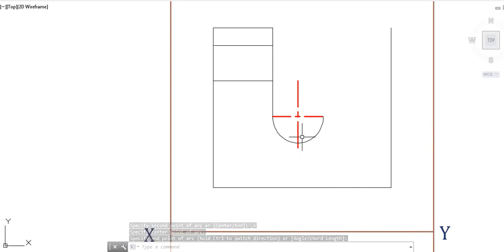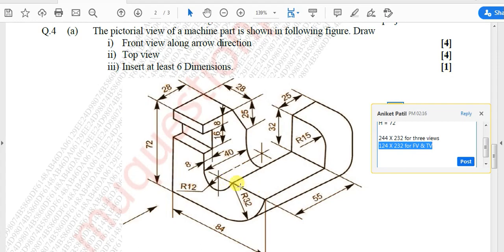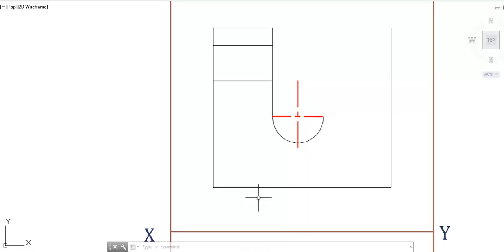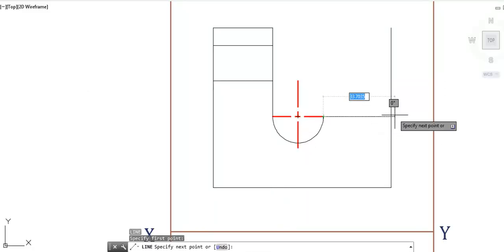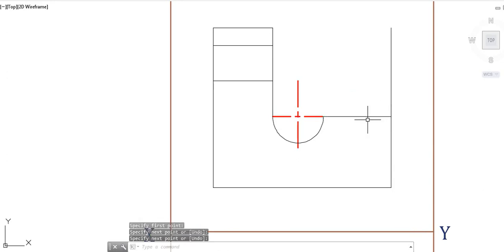Now once it is obtained, it can be very clearly seen that there is a horizontal line from the point, from which we will have an emerging quarter circle of radius 32. So in the same manner, we will draw a line of 32 mm, and from there we will draw another quarter circle.